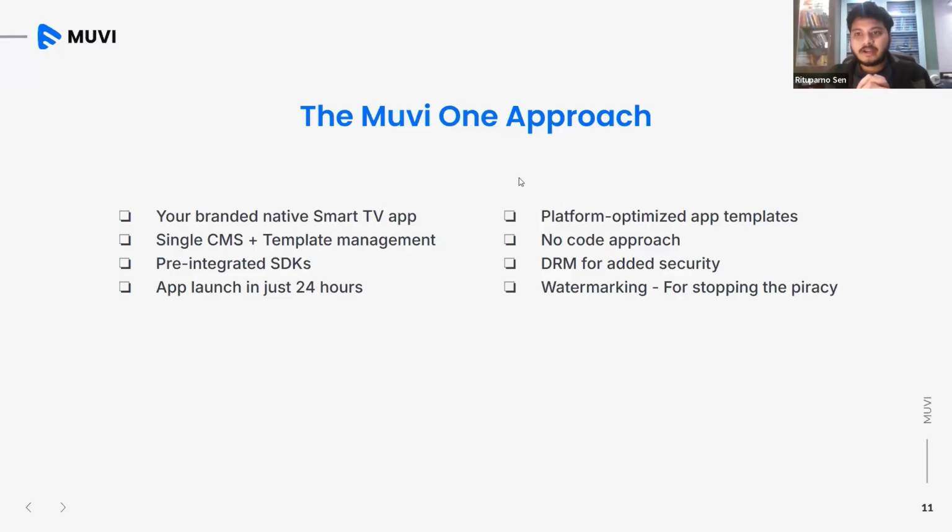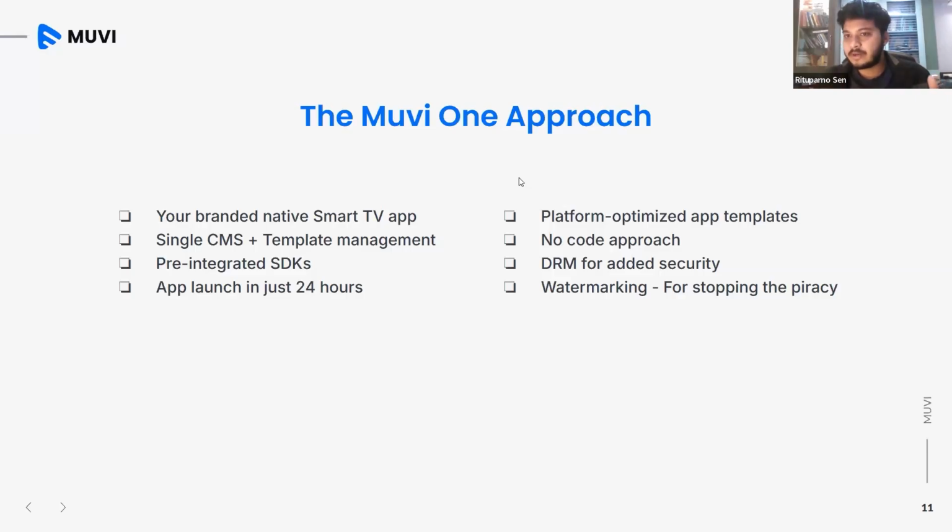So how at Movie One have we approached the difficulty of developing TV apps? This is our Movie One approach. Movie One is our flagship product. The approach is that we are going to build everything natively. We are not going to commit something that we cannot deliver.